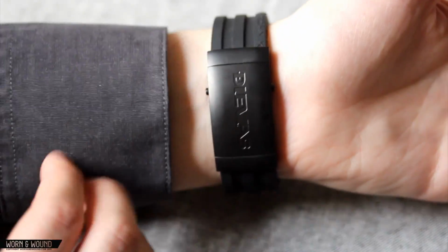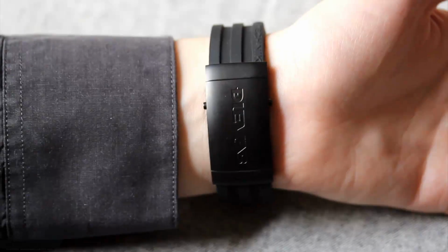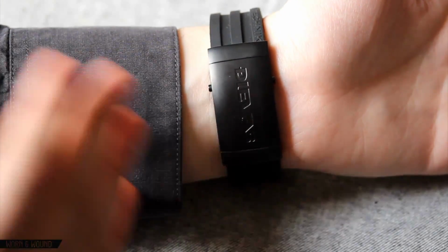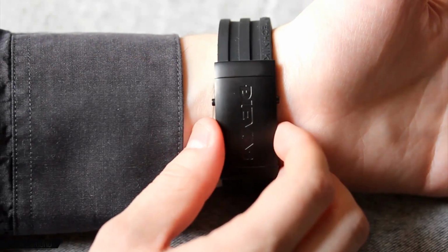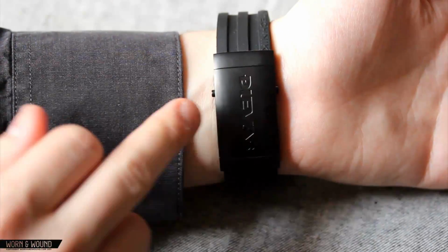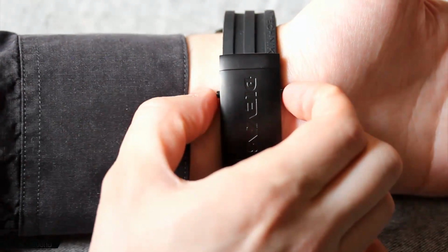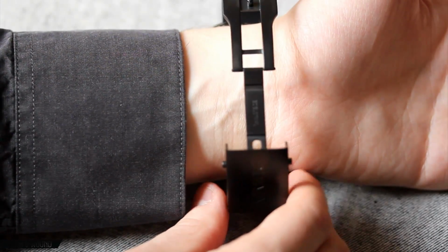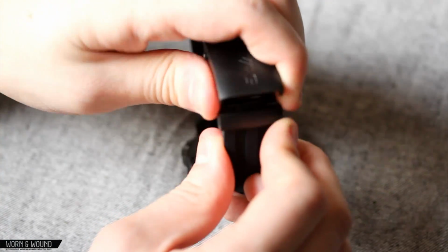And it's mounted on this really awesome deployment clasp. This is one of the coolest clasps I think I've ever seen on a watch. It's big and bulky, but it's so well machined. It's very sturdy, big dive clasp here. And you open it by popping the clasp like that. It's very secure, and then there is actually also a